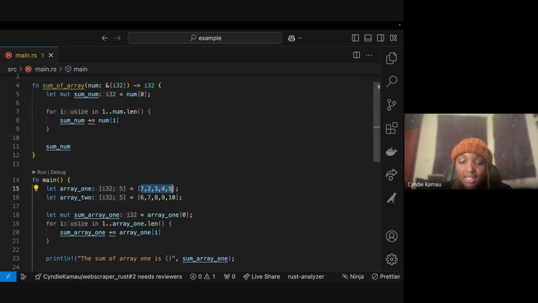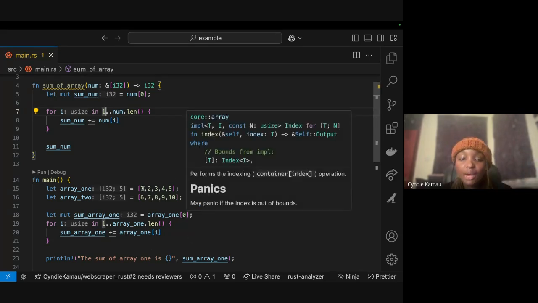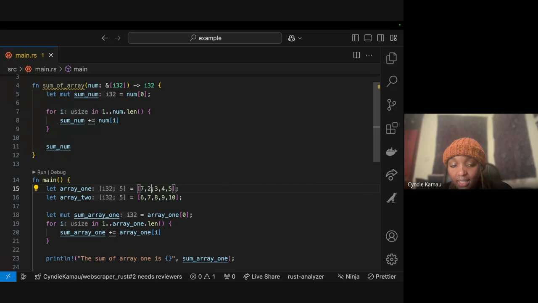So I want to iterate over all these digits in my array. That's why I have it here, right? I want to iterate over it until the end, and at every step I pick the number, and then I do whatever I want to do to it. That's why you see I'm having this here.